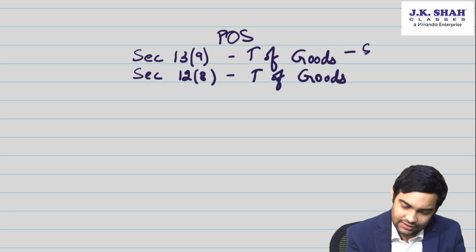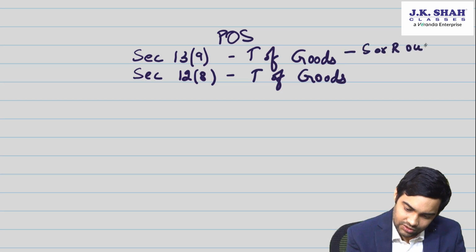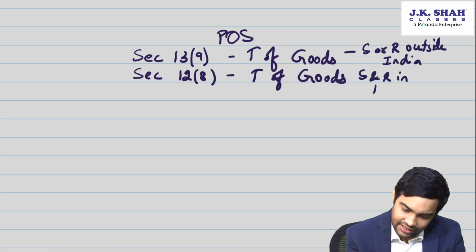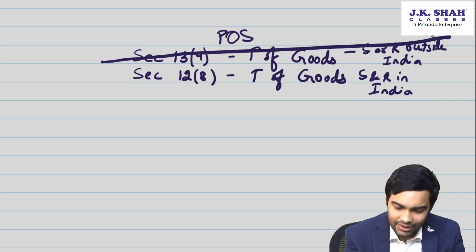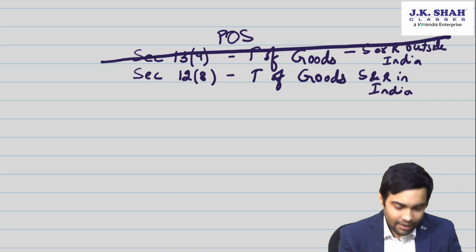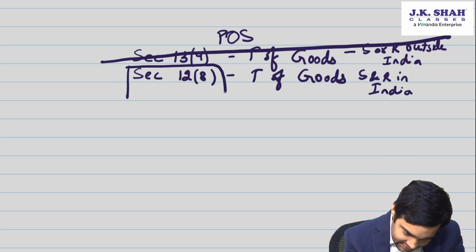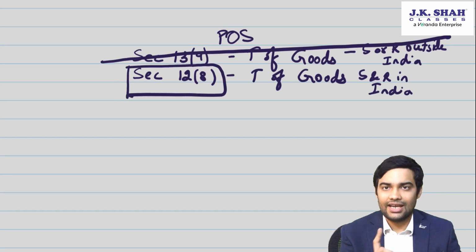This was when supplier or recipient is outside India, and 12.8 was when supplier and recipient are in India. Now 13.9 is completely deleted, but 12.8, now 12.8,